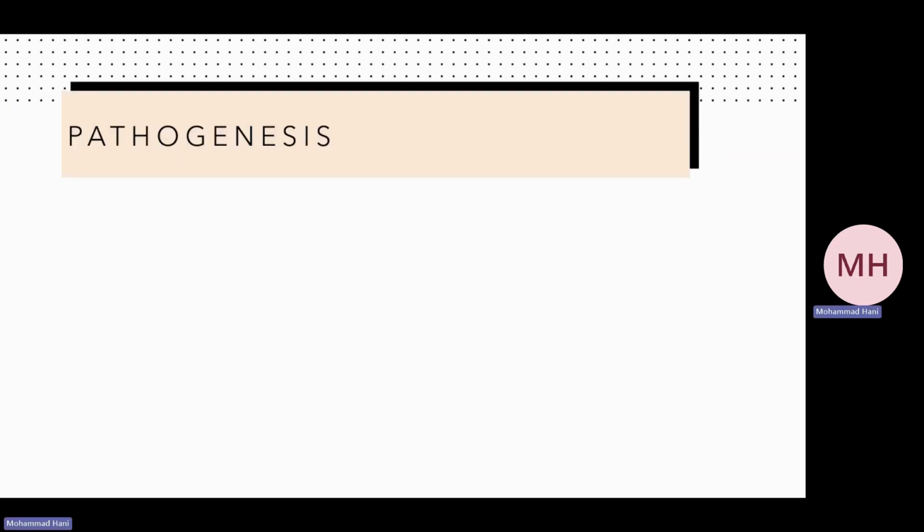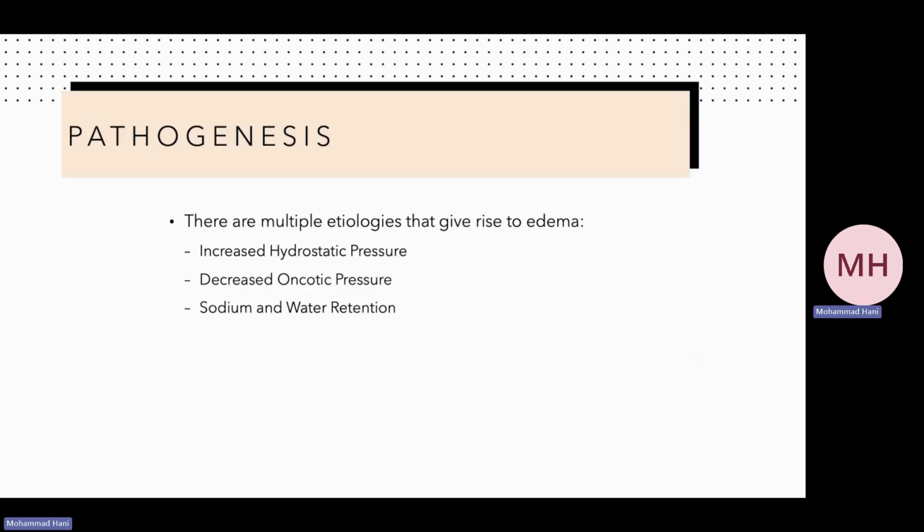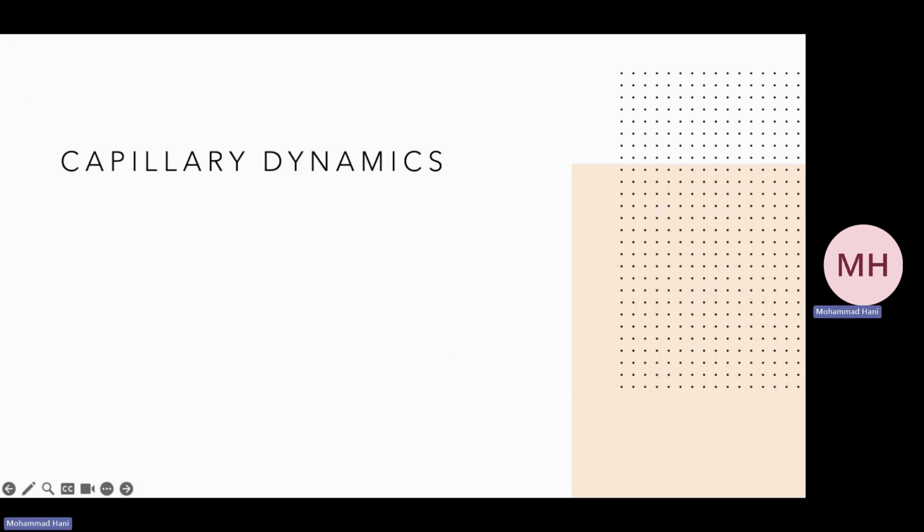Moving on, you have the pathogenesis. Now, you have to keep in mind there's a lot to be said about pathogenesis because there are multiple etiologies that can give rise to edema, which include increased hydrostatic pressure, decreased oncotic pressure, sodium and water retention, lymphatic drainage obstructions, and increased capillary permeability or changes in capillary permeability. We should be able to mention a bit more detail about each of these points because this is crucial, the pathophysiological mechanisms, which could be asked in the patho exam as well. So before we do that, we just need to revise a bit of capillary dynamics